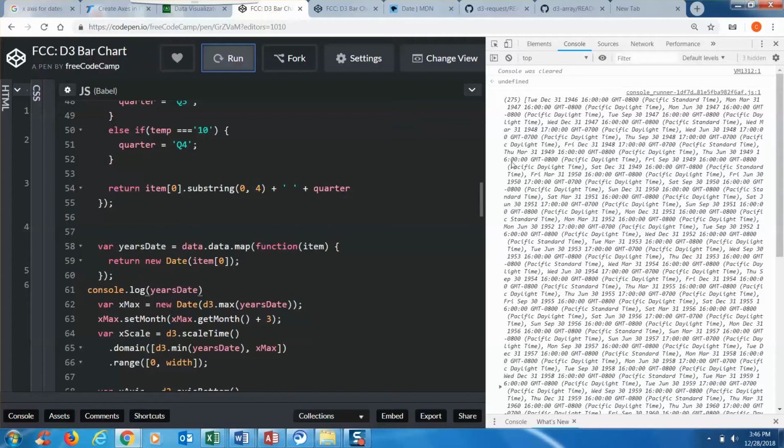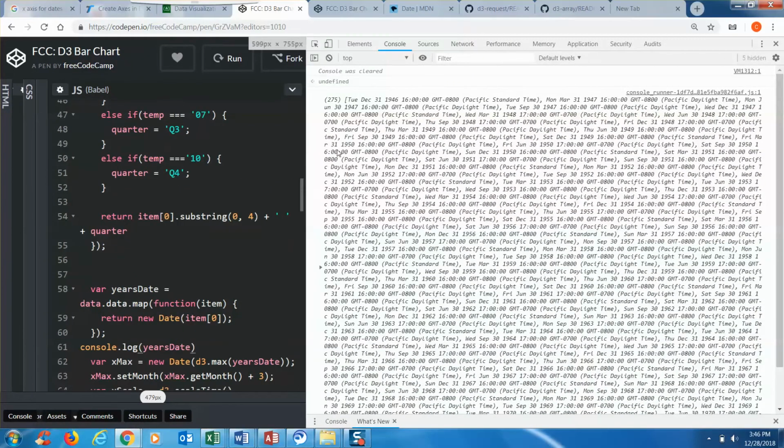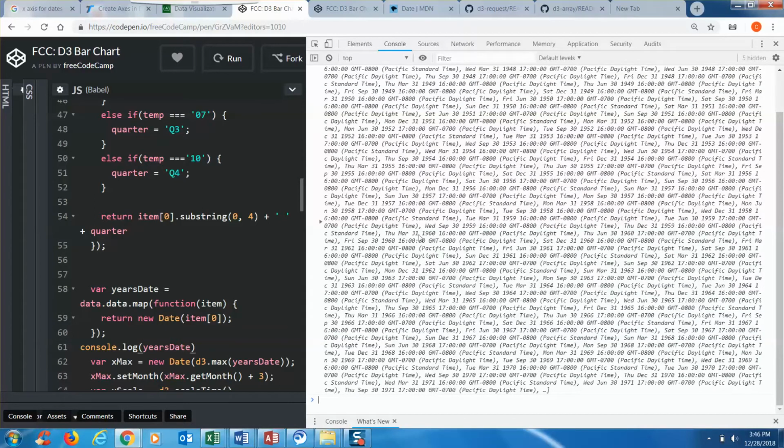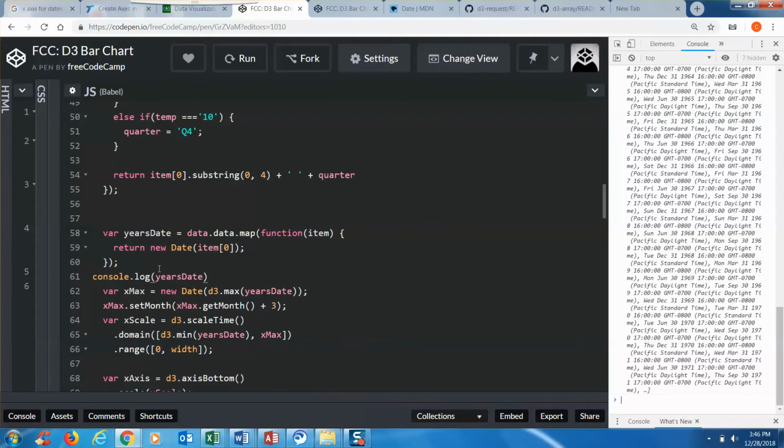It looks a little messy, but there you go. So here we're getting back an array, and this is what the new Date constructor returned for us, a bunch of date objects. That's perfect. Okay, so now that we know how lines 58 through 60 are working,